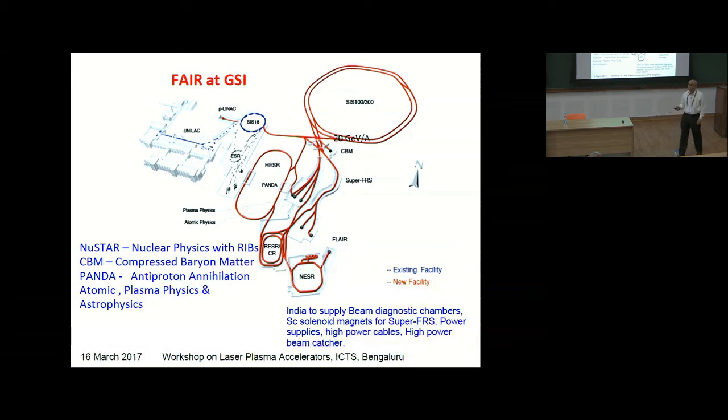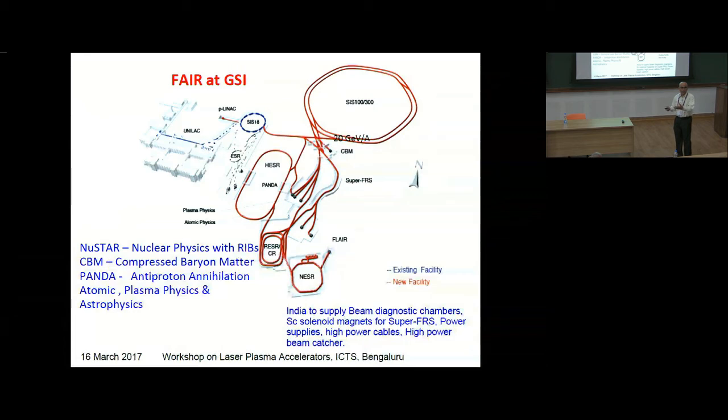For FAIR, the total cost estimate is 1.2 billion euro. So 3% is about 36 million euro, which is itself quite a lot. We are giving 3% in kind, not in cash. We are building components, so the idea is that with this building, some of the technology we get,